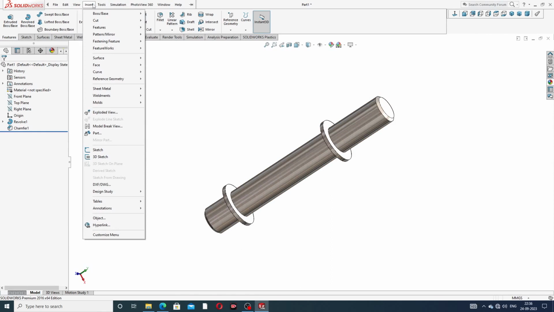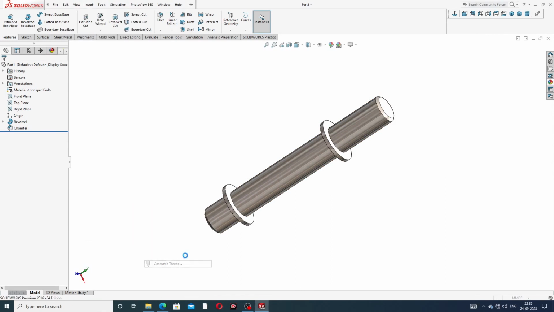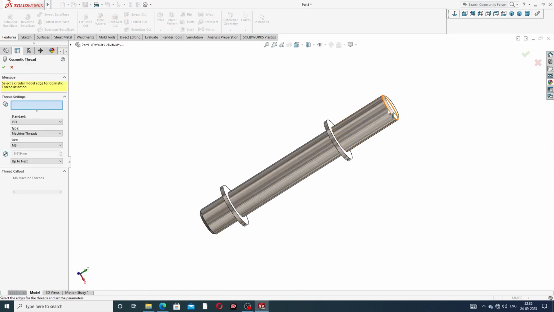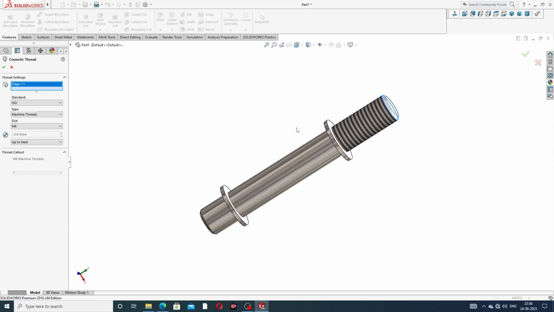And to apply it, go to Insert, then Annotation, and Cosmetic Thread. Okay, and at first select this edge. This is showing here, but this is not showing here, it is unchecked, so click to check it, then this is showing here. And click ISO, and machine thread is perfect, and go to blind,